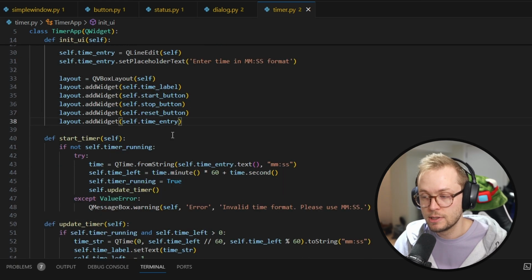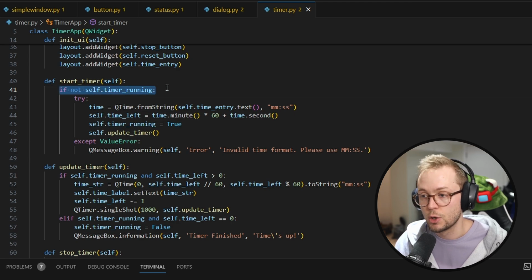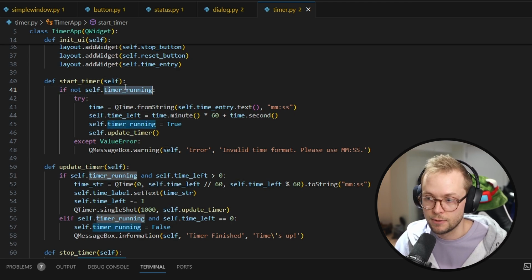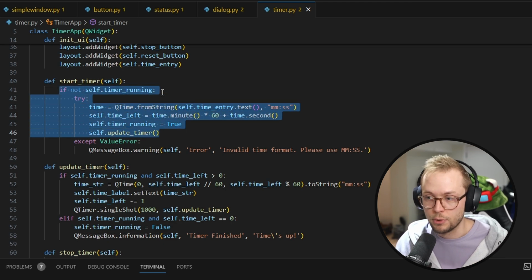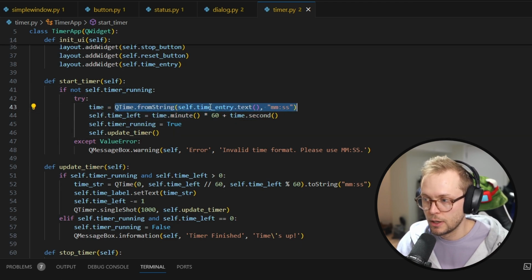Okay, so how does the timer work? Well, when we click start, if the timer is running, that is if timer_running is true, then not true is false, so we would not go through this if the timer is running. But if the timer is not running, then we're going to try to determine what the number is that the user has entered using this